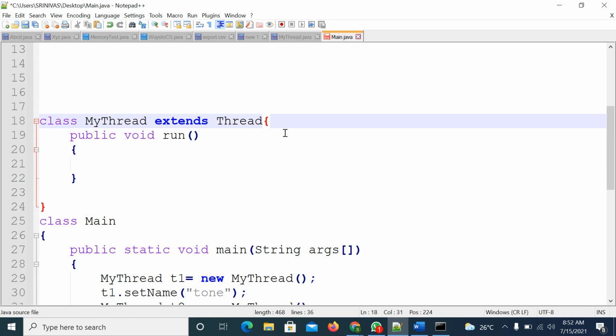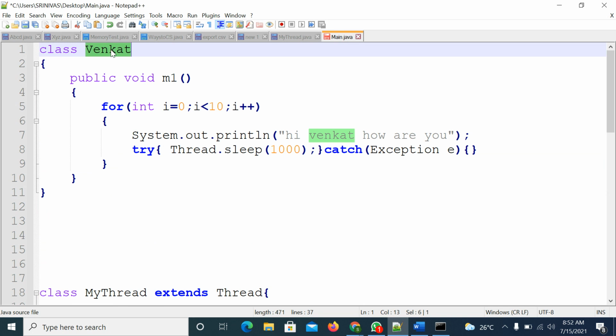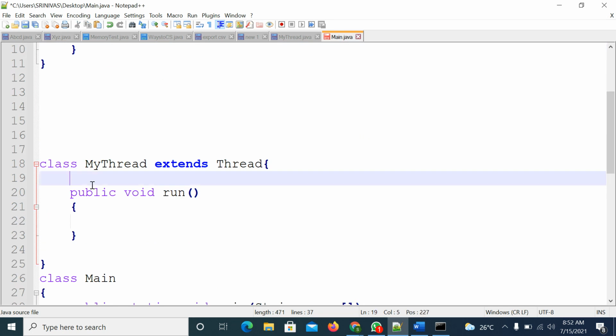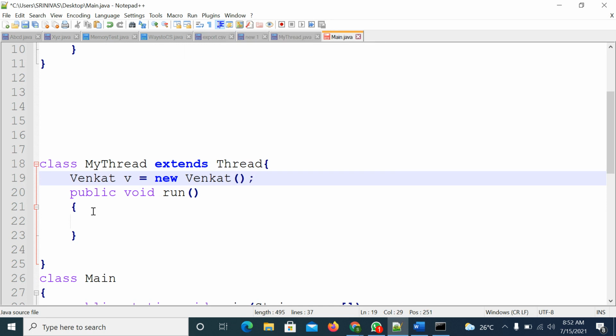So what will I do? I will create one object, for the Venkat class. I want only one object. I don't want different objects. So I created the object.